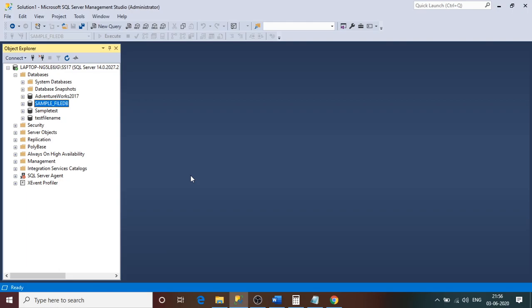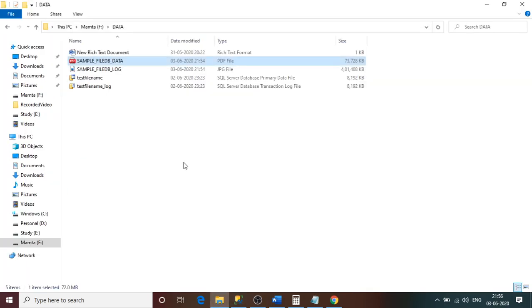But it is not recommended, because in 2 months or 3 months or after a year you will not be able to understand what this is. Is this a PDF file or the primary database file? If you see this file, it says the type is SQL Server database primary database file and transaction log file. But here we do not find that, because the type is PDF. So it becomes very difficult or clumsy for us to understand whether this is a database file or a PDF file. So it is not recommended, but yes, we can create a database with a different file name extension as well. It is not a rule to have MDF and LDF extensions.